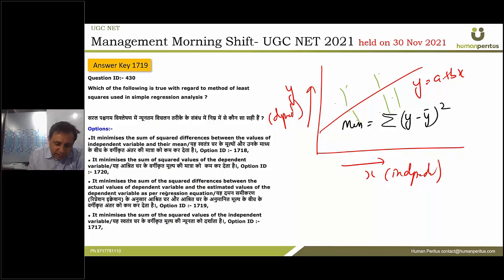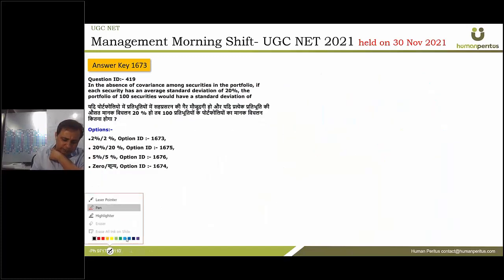So it is given in third. The sum of squared, sum का मतलब क्या है कि summation का sign है. Squared हमने यहाँ square किया है. Difference between actual value and estimated value of the dependent variable. Because it's dependent variable, so it is why it is given over here, and therefore correct answer is C. A क्यों नहीं है? Because A में independent variable लिख दिया है, इसलिए A correct answer नहीं है. बाकी दो you can read out. Correct answer is C. Next one.